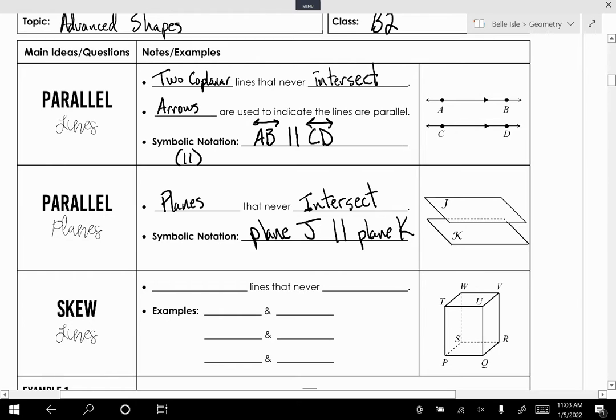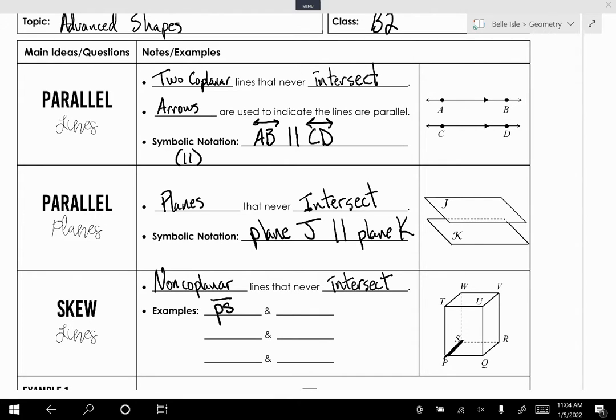Okay, so skew lines. Skew lines are still lines that will never intersect. The difference is that they are non-coplanar lines. Okay, so first example, we have PS, which is this one right here. Its skew line could be